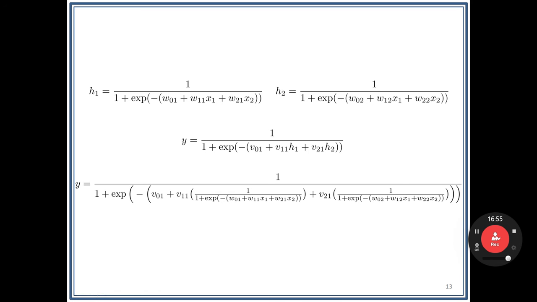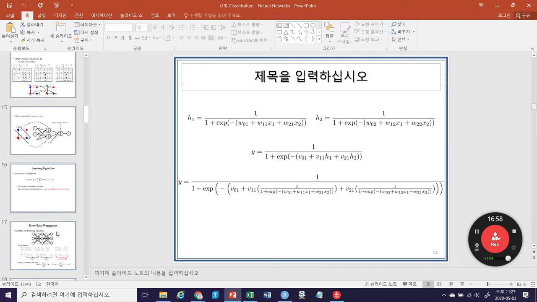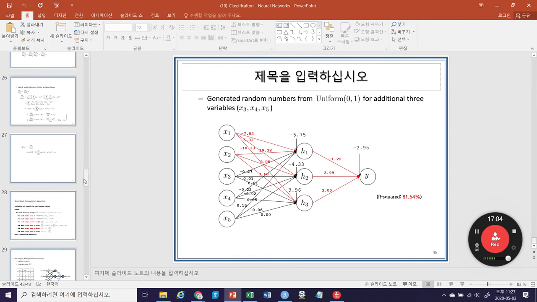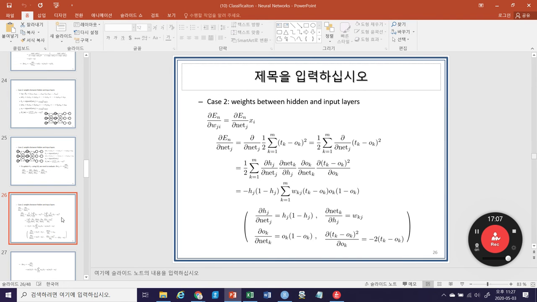So that's everything about the neural network, and I hope you understand the way of training a neural network, which is the error backpropagation algorithm. In that algorithm, please notice that there is a multiplication of partial derivatives to update the weights using the gradient descent method. Again, training a neural network is a kind of solving an optimization problem. Please remember that. In Korean,